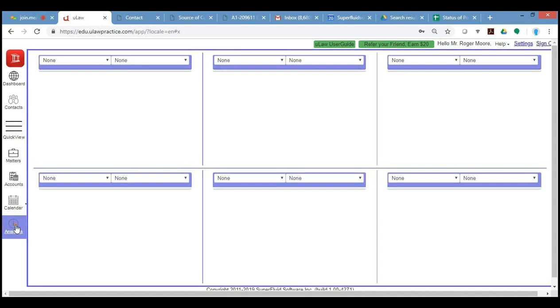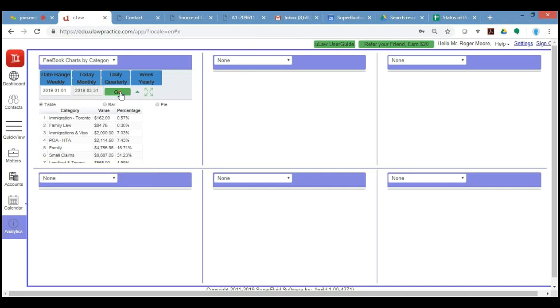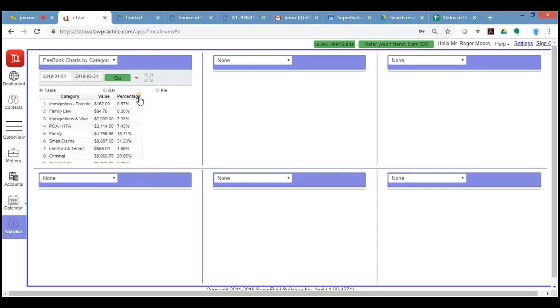So for the same low cost, for a single price, uLaw offers you this analytical engine that gives you, the sole practitioner, the power of a large law firm. What a lot of business analysts put together through Excel sheets and pivot tables and fancy presentations, we give it to you at the click of a button. If you, as the sole practitioner, want to know what your fee book looks like by category for this entire quarter, starting January till now, really, where am I making my fees or my revenue? Click of a button, within less than 5 seconds, we tell you that for this particular quarter,